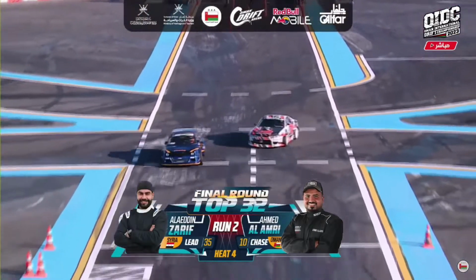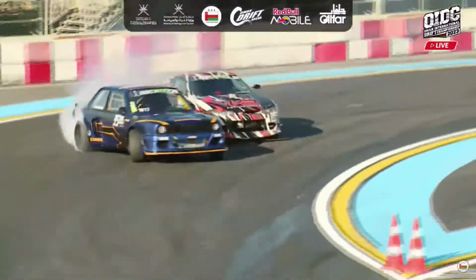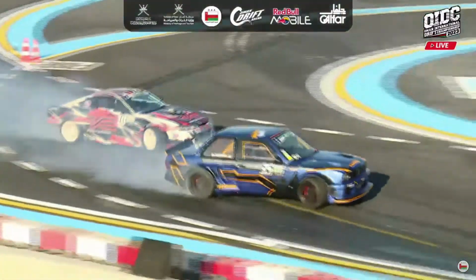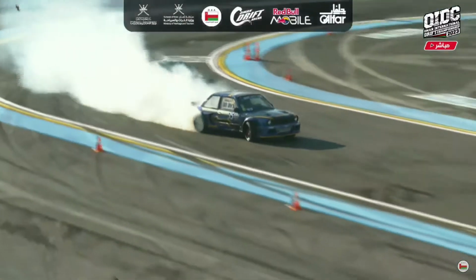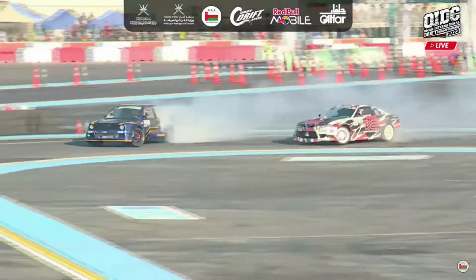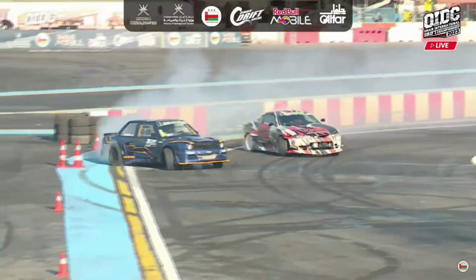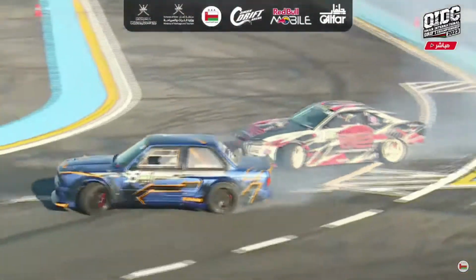So look at this, Zarif coming in. Alamri is right there with him, throwing it in. Not that deep from both cars. Alamri has to kind of sit on the brakes a little bit more just to steady up that car and not make contact with Zarif. But Zarif is putting foot to the floor, maybe a little bit of a wobble, ended up very shallow there coming into zone 4,